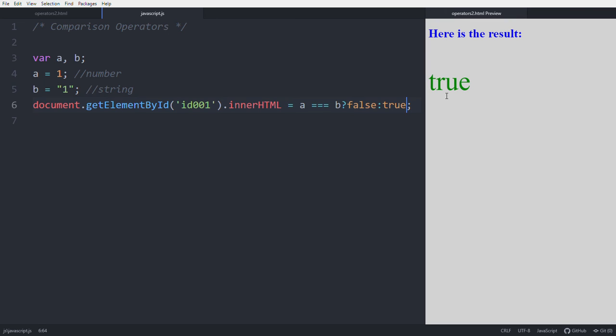A triple equal B is false, so this time the ternary will send the second part, this false part. That's why the result is true. If the condition is true, then the first part will be sent. This is about comparison operators.